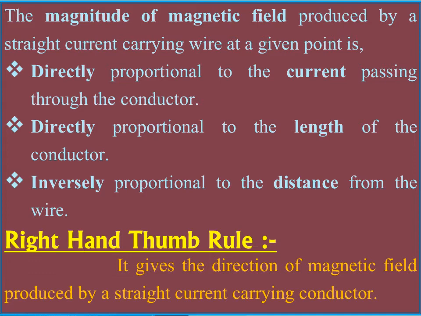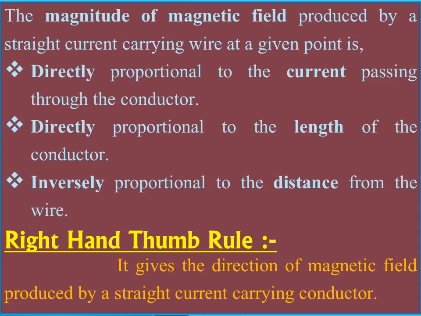Or when we decrease the current, the field also decreases. That means at that time the needle won't be showing that much deflection. The deflection will be lesser. Secondly, the magnetic field is directly proportional to the length of the conductor. That means if we increase the length of the conductor we are using here, then the needle will show more deflection, which means the field also increases. Or when we decrease the length, the field also becomes lesser, showing lesser deflection in the magnetic compass needle.